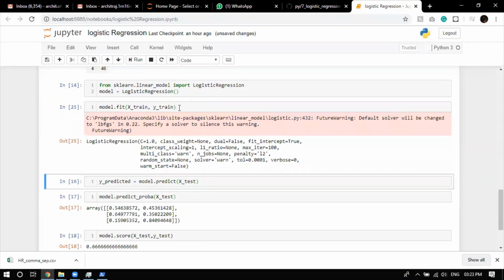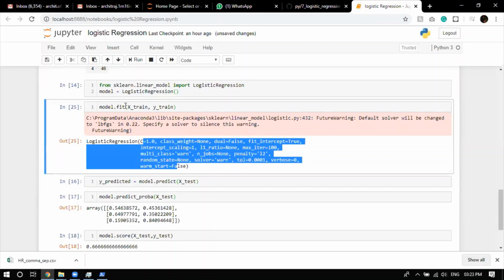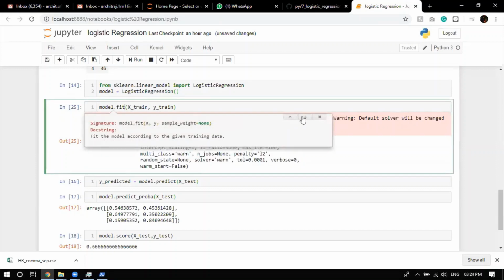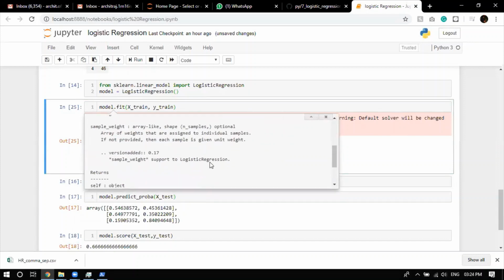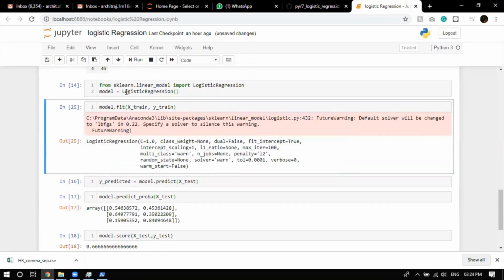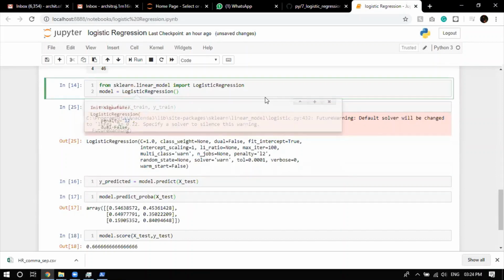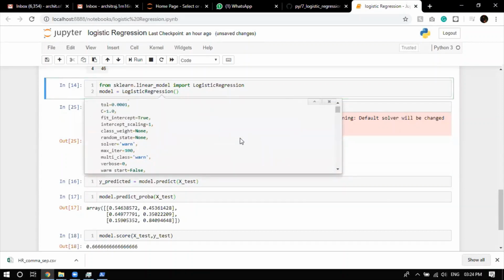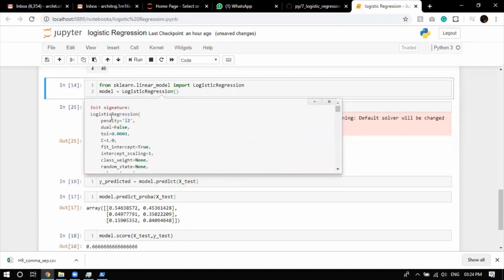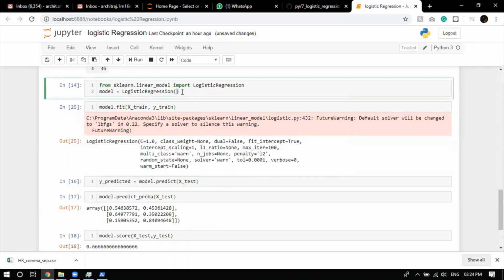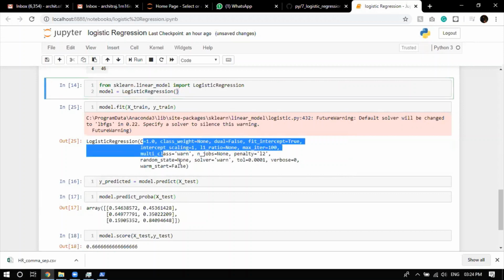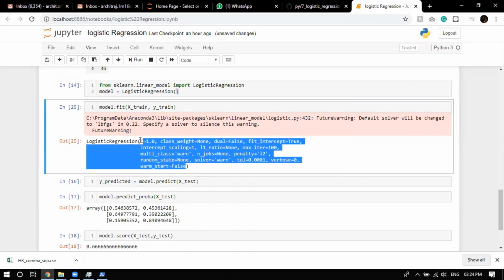We train the model. As you can see, if you click here on model.fit, you will see what all things you can provide. This is what it returns. Now, if I go to logistic regression and look at what all it can do, as I told you yesterday, there are so many hyperparameters that you can play with: penalty, dual, tol, so many things. The value written beside each one in the description is the default value. So when you're not giving anything to the logistic regression, it's going to take the default value. That's what it's showing, the values of the hyperparameters that the machine took.